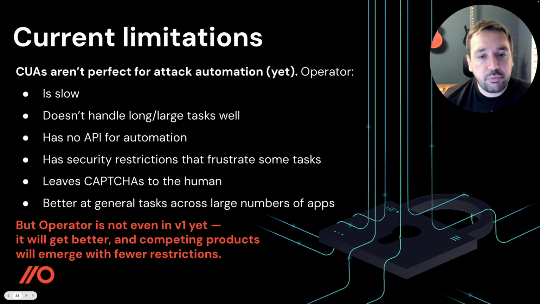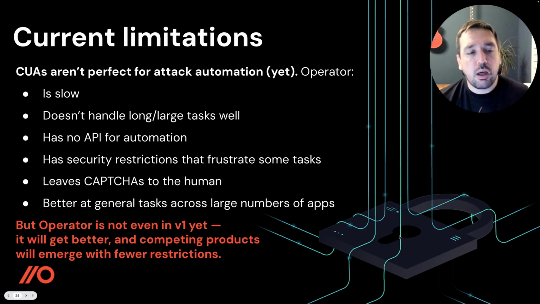So there are some security restrictions that frustrate some tasks. We did see some of those throughout. It has certain privacy things in there and other abuse things, but as we saw, they don't really work very well right now. You can jailbreak out of them pretty well. There are other restrictions within the browser though, like you can't install browser plugins. It has certain limitations on how it performs OCR. It doesn't handle file downloads particularly well. So there are some other restrictions there, but that'll probably change in future too.